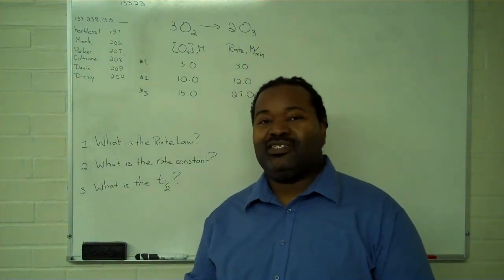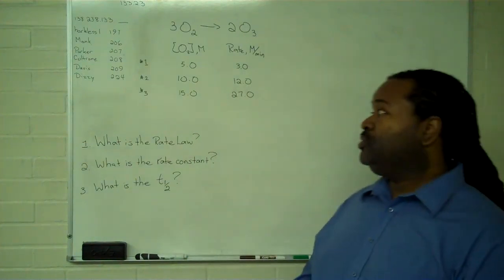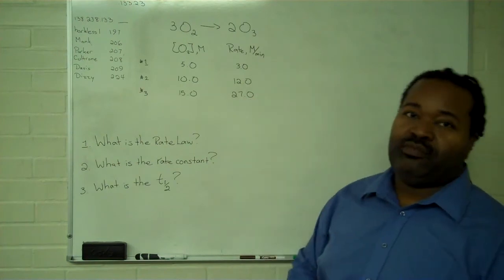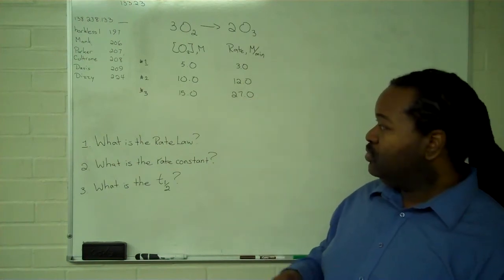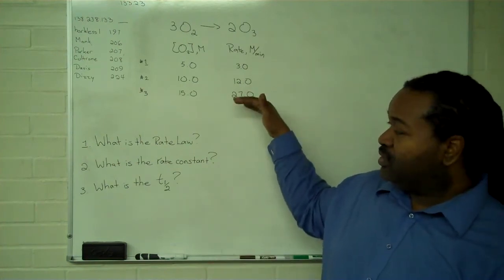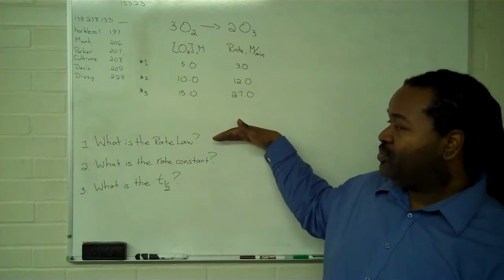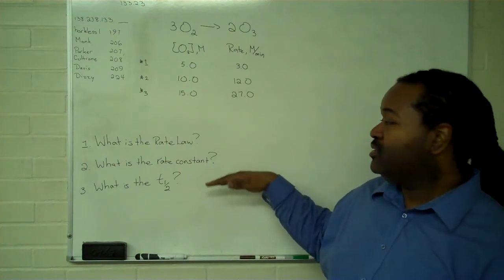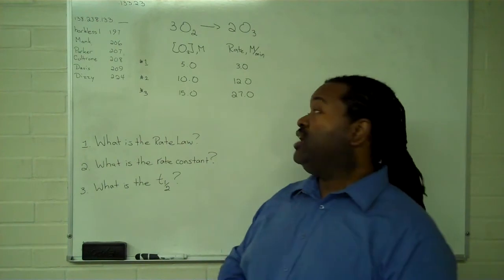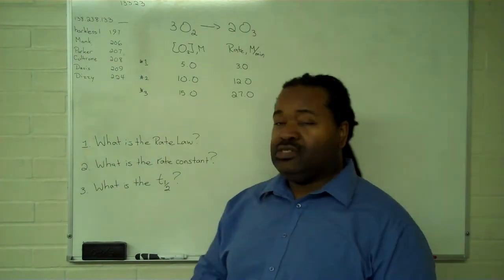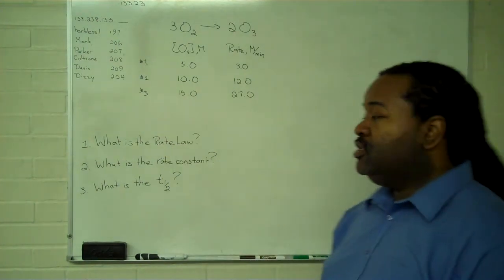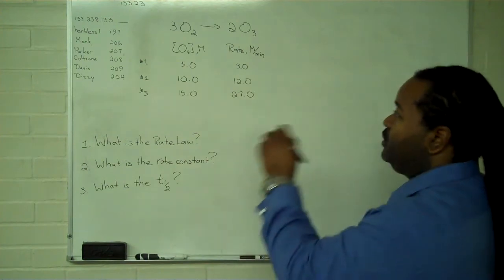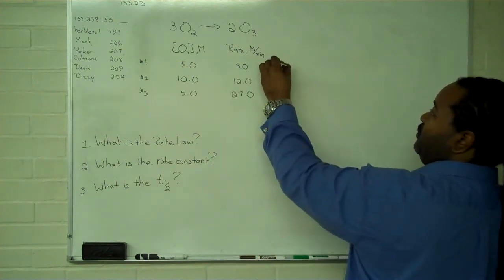This instructional video is designed to show how we would use information gained from the method of initial rates to look at a reaction data and determine what is its rate law, what is its rate constant, and what is the half-life given these initial quantities. So the first thing we want to do is determine a rate law,